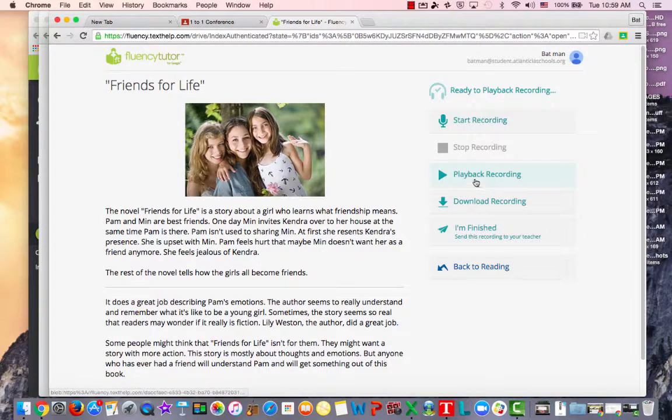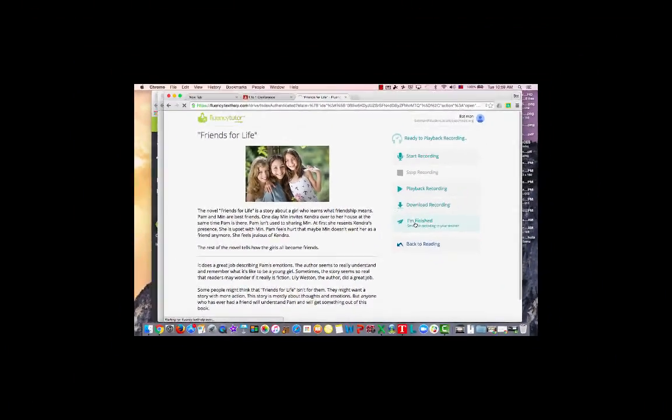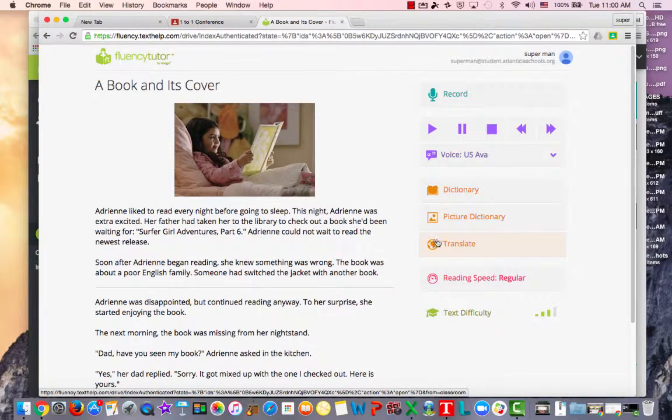They also can play back their recording, which is a very powerful tool, so they can play back what they have just read. So again, for demonstration purposes, I'm going to go ahead and click I'm finished and send it to the teacher. Now, some other things you can do as a student is also hear the story before they